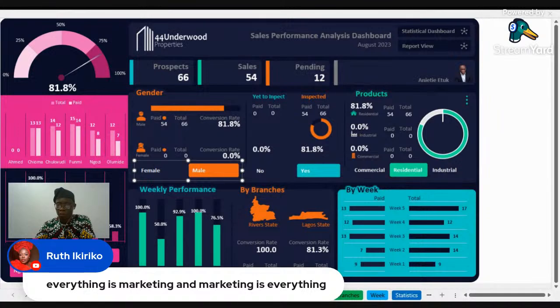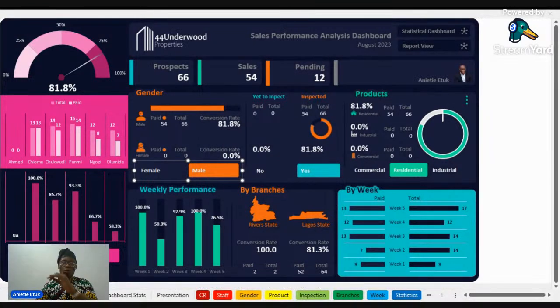Ruth Ikiriko said everything is marketing and marketing is everything. I agree with Madam Ruth. Marketing and sales. As a data analyst, nobody will come to you. That's one thing people think. People think that, okay, as a data analyst, people will come to me. It happens, 1 in like 100, 1 in like 10. I'm not saying it can't happen.